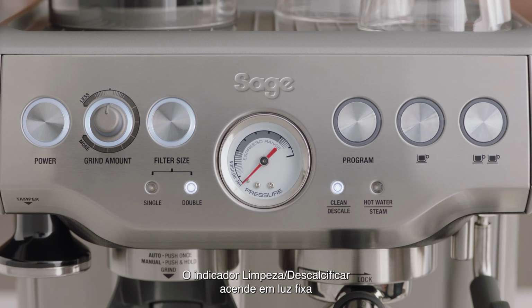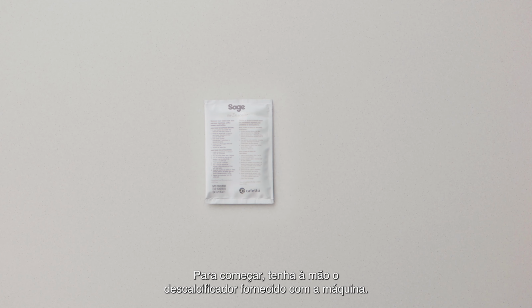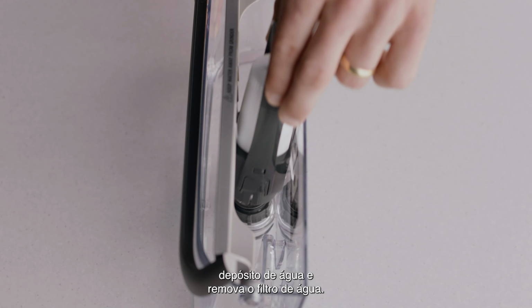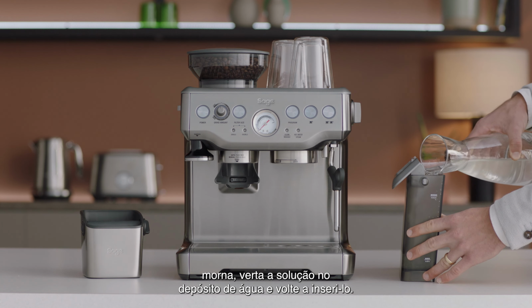The Clean Descale light will automatically illuminate solid on to indicate when a cleaning cycle is required. To begin, you will need to have the descaler that came with your machine handy. First, empty the drip tray and water tank, then remove the water filter. Dissolve 1 packet of the descaler with 1 liter of warm water and pour the solution into the water tank